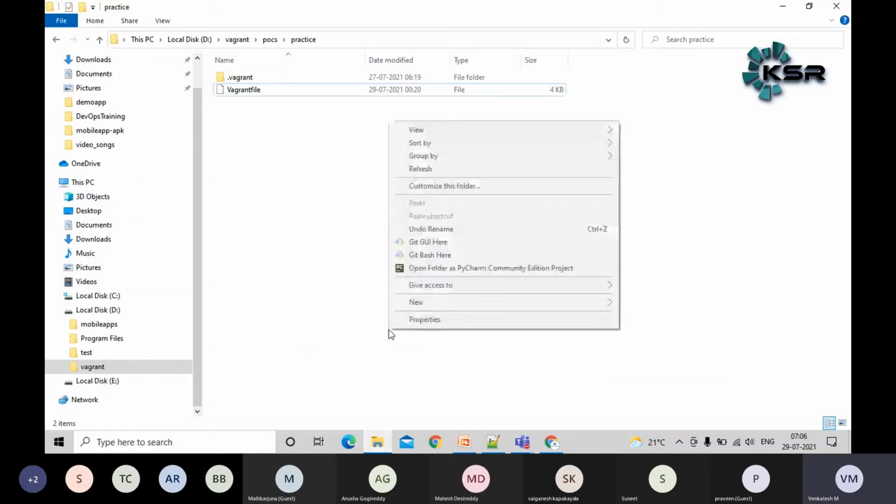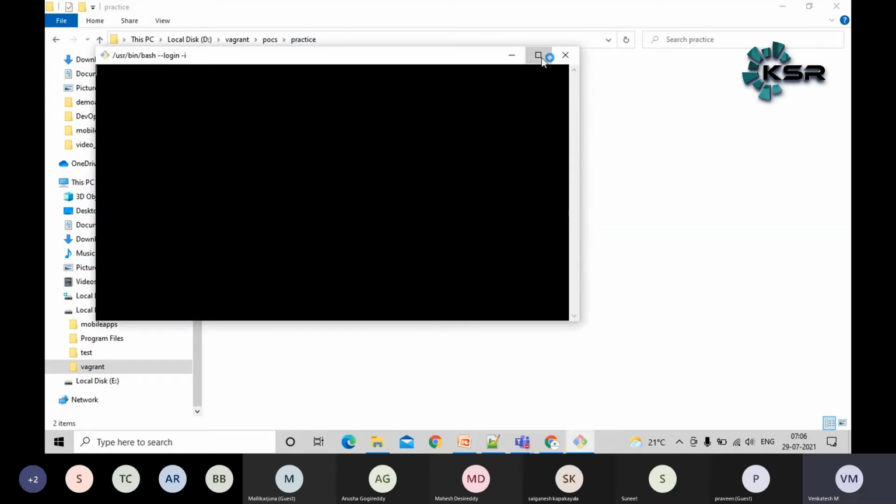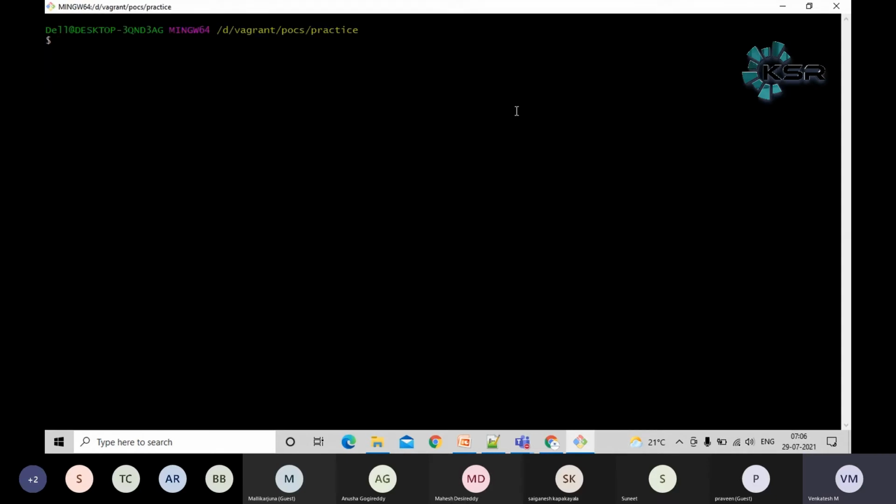Here I have created a folder called practice. Here I am doing all the installation part. Now let me bring up a VM. How to do that, guys? If you want to bring up a VM, I need to run the command vagrant up, using Vagrant and Oracle VirtualBox. Let's wait for a couple of seconds. It will bring up my VM.